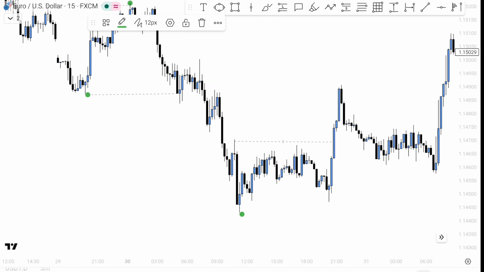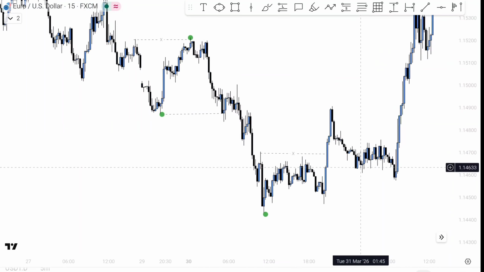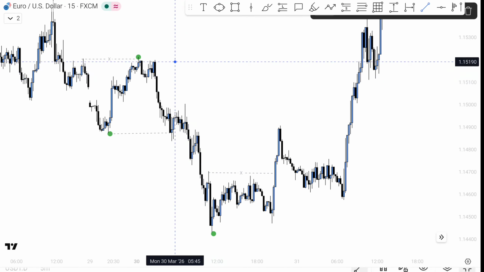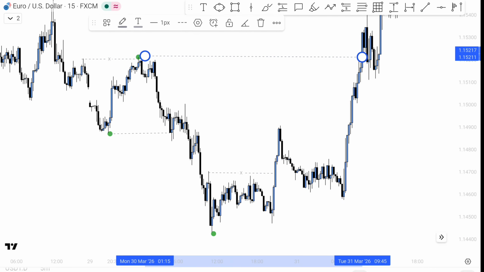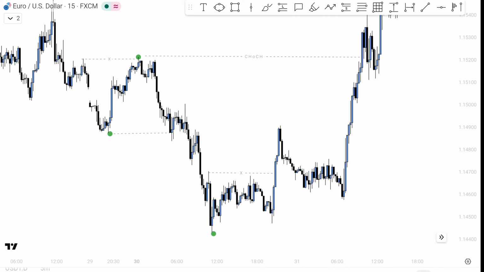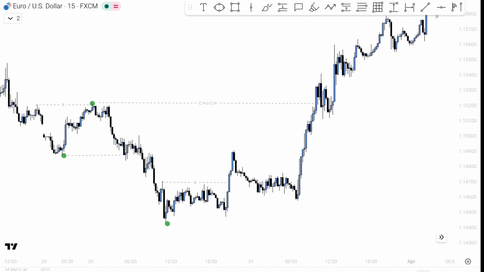Why? Because from this point the market moves to the upside to take out the liquidity of at least one pullback. But the market did not create a new lower low, but it broke above this major lower high, which is our change of character. Now after the change of character, we know that the market structure has shifted to the upside, and now we should look for the buy.